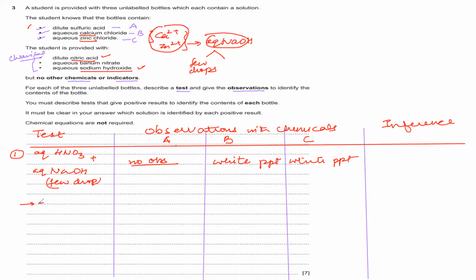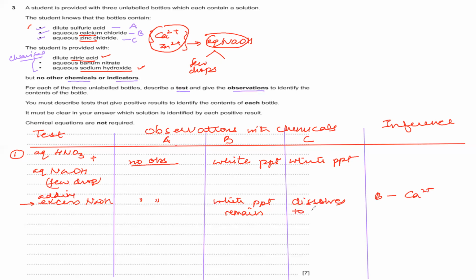Now, further to confirm whether it's calcium or zinc, in the same test tube we will now be adding excess of NaOH. Again, you'll see no observation here, the same as above. But when you add excess of NaOH, the white PPT remains in the case of calcium. If the white PPT remains, then you confirm that B is your calcium ion. But if you observe that the white PPT dissolves,